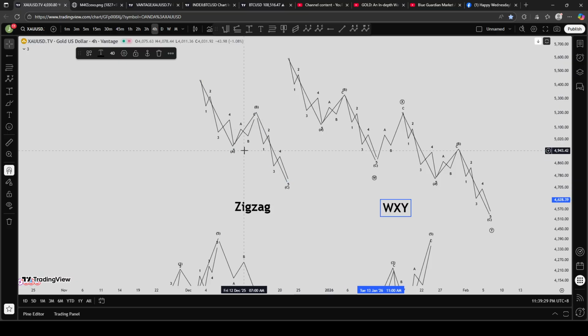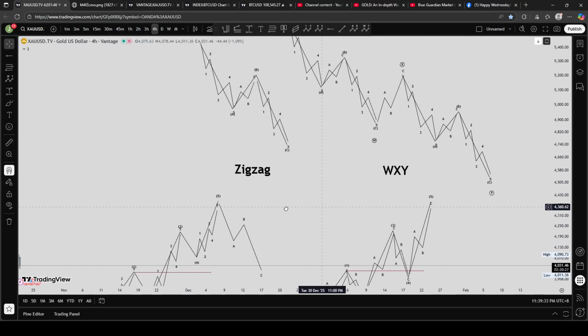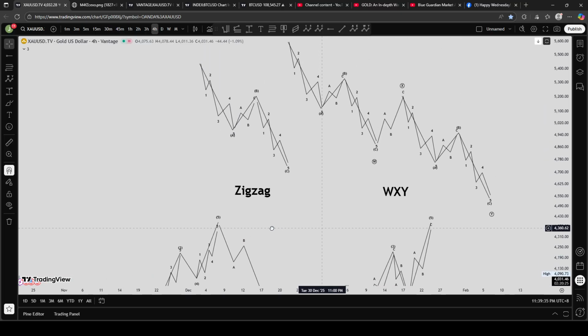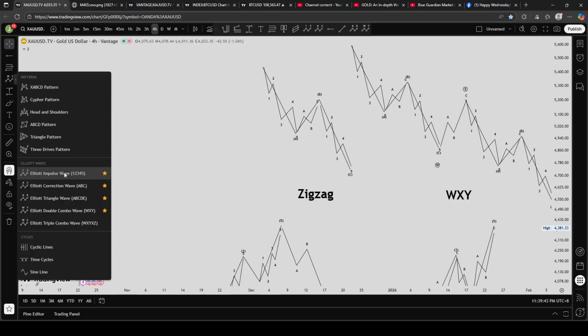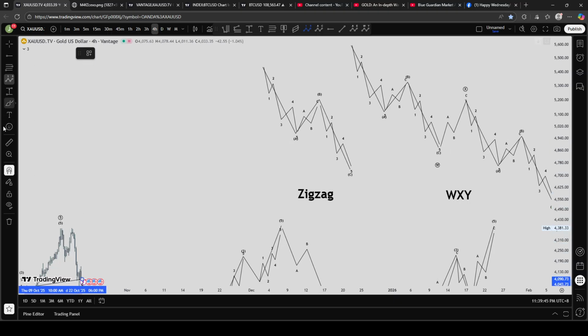So now, not only are these the possible corrective structures after the fifth wave here, there's also what we call an expanded flat. And what is that expanded flat? Let me explain what is an expanded flat. Expanded flat is like this. We have, after 5 waves up,